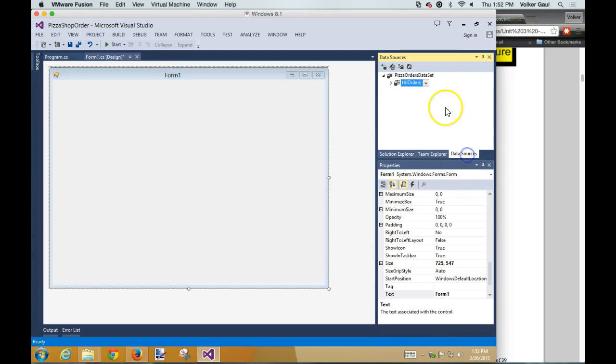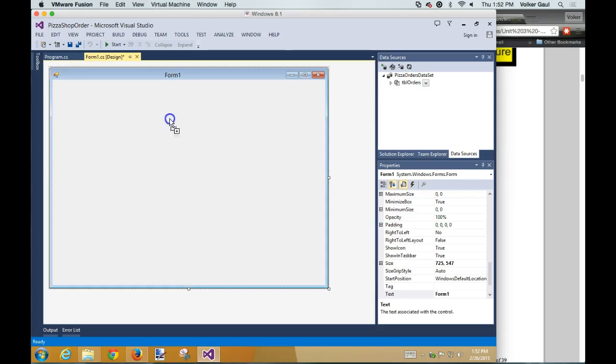Going back to my data source. Remember I dragged this table over, right? I believe I can change this and say, give me a details view instead. The first thing it gave me was a grid. That's what that thing was called. It's a data grid. We're going to use one of those. It's just not going to be huge, monster full. I can also ask for details view. And now when I drag it,